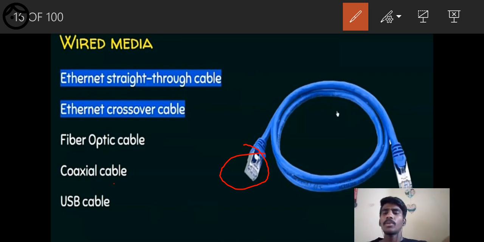If the layers are protected by a metal coil, then it is an Ethernet straight through cable, shielded cable. Whereas if it is not covered by metal coil, then it comes under crossover cable, UTP, which is unshielded. So there may be risk of cross talking, cross communication. So we preferably maintain Ethernet straight through cable, which is also known as STP.